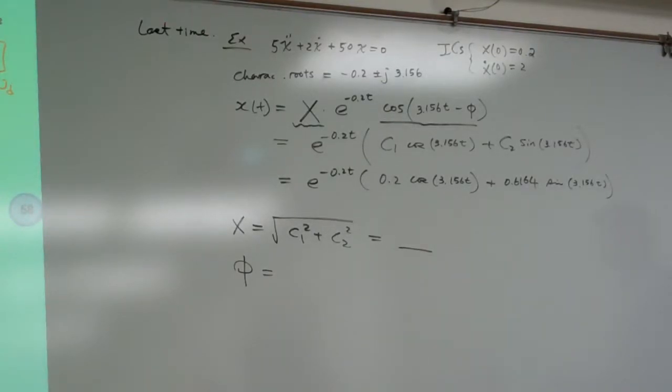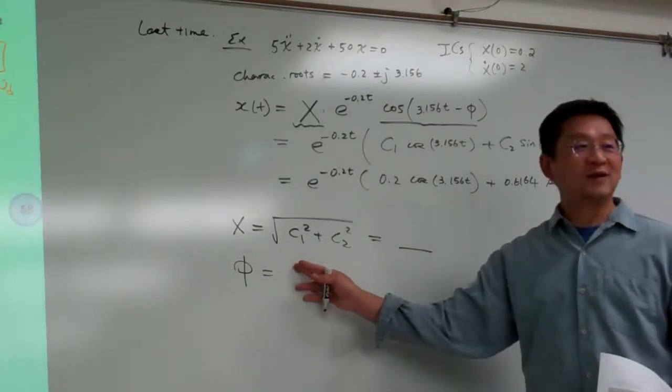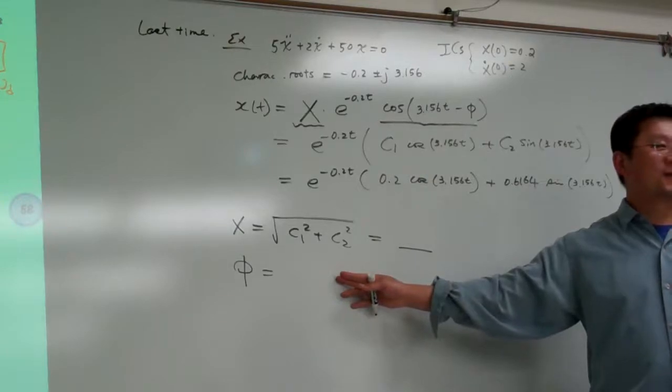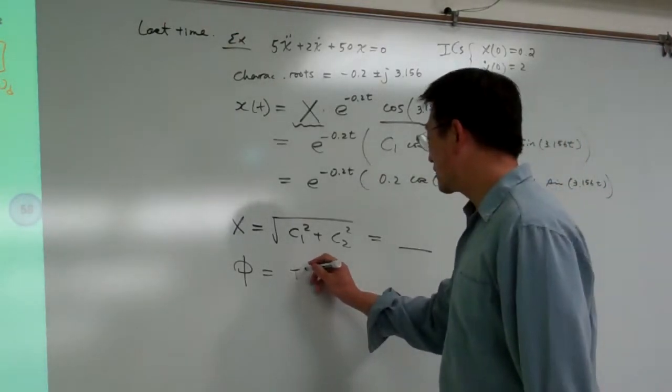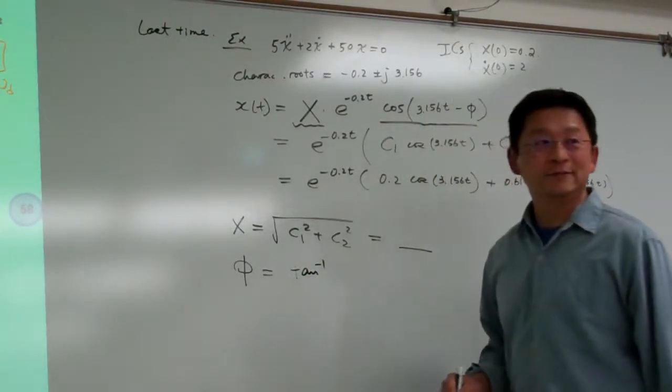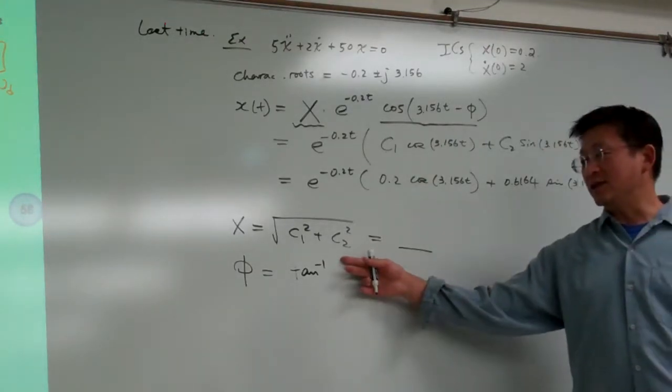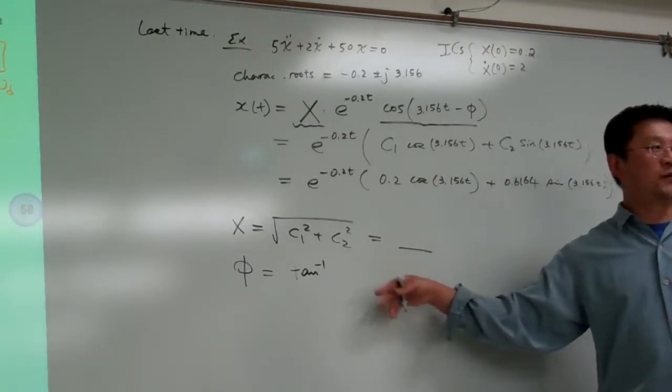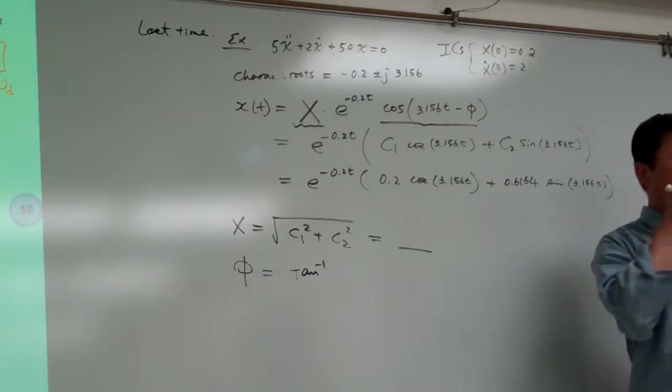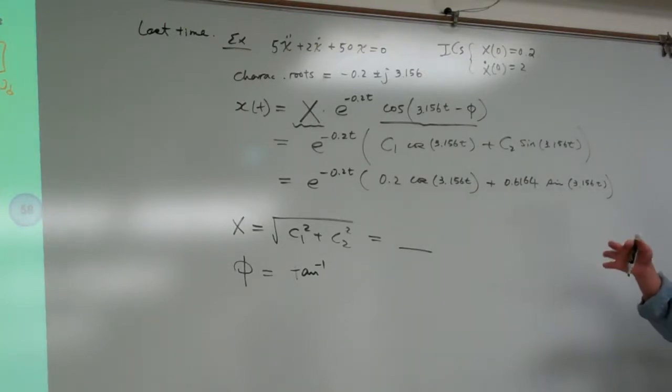So here, is it arctangent, like C1? The arctangent of something, right? Yeah, so this is the arctangent of something, and something that is either C1 divided by C2 or C2 divided by C1 or whatever. Under these situations, let me show you my thinking process. So under these situations, I simply